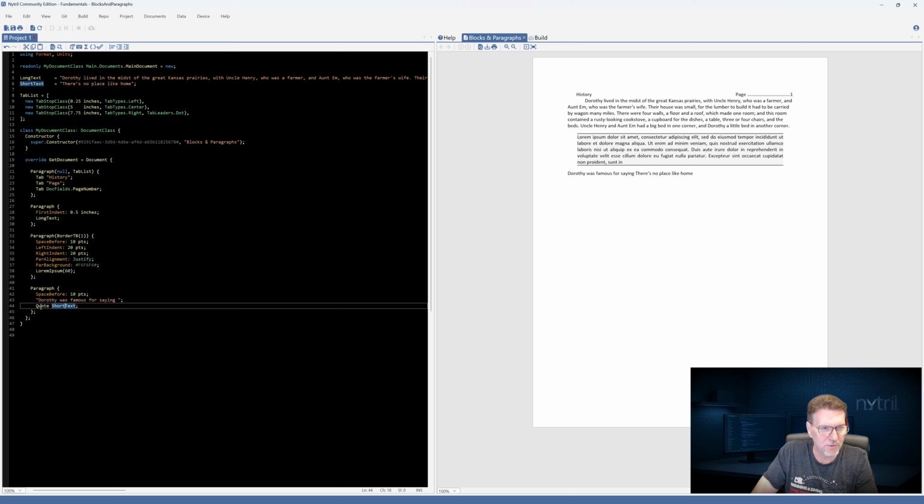We're going to say quote, short text, quote, dot. Those are some built-in shortcuts we have. So we're going to press F5. And there we have Dorothy was famous for saying, "There's no place like home." And actually we want to put that dot, why not put it right over here?